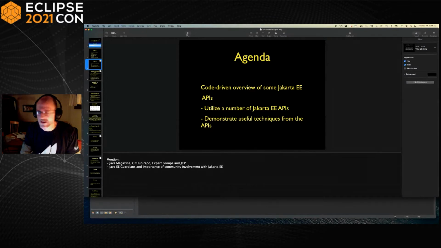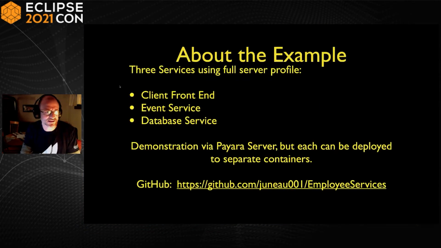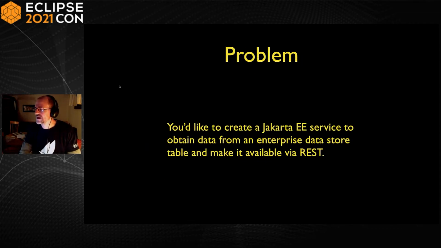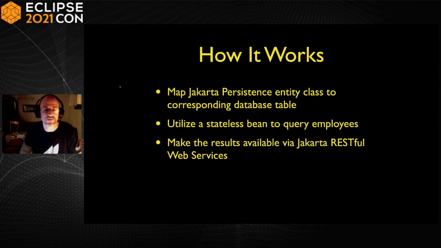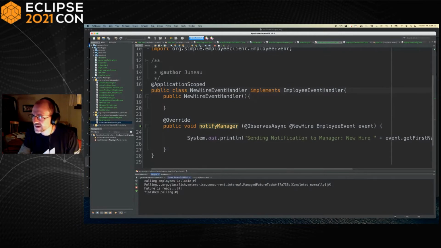Now, I'm going to jump down here since I've already talked about Jakarta EE, and you probably have heard what I've said. So what we're going to do is just get into the example, and just so you can see the slide, the client front end, the event service, and database service, these are all available on GitHub, so you can look at that link. And so basically this first problem and the solution that we're going to show is how do we create this web service. Now, what I'm going to do is, like I had mentioned before, utilize NetBeans, and I've got this